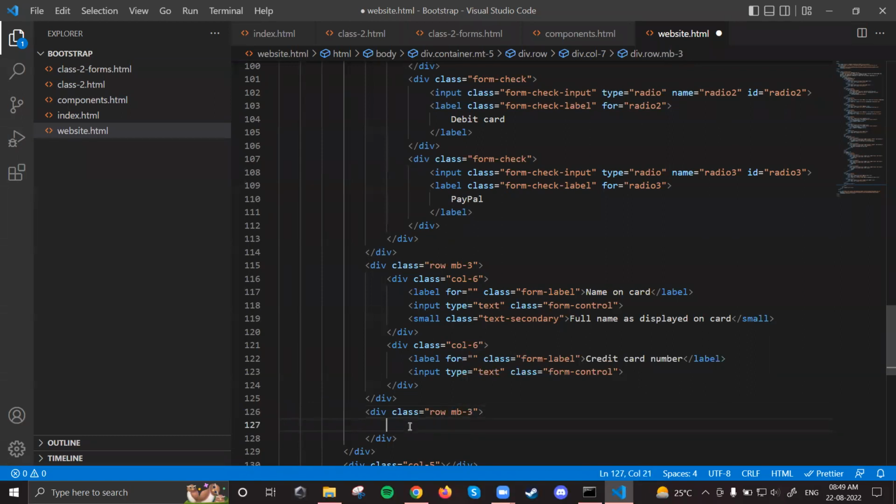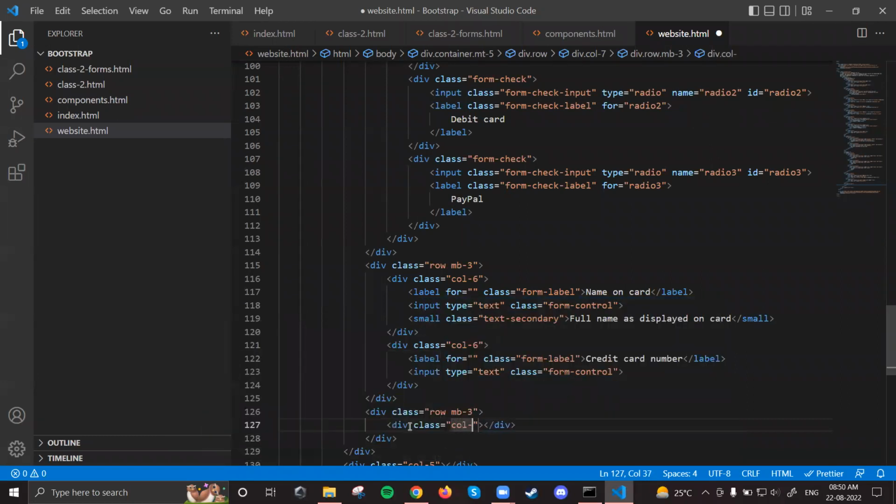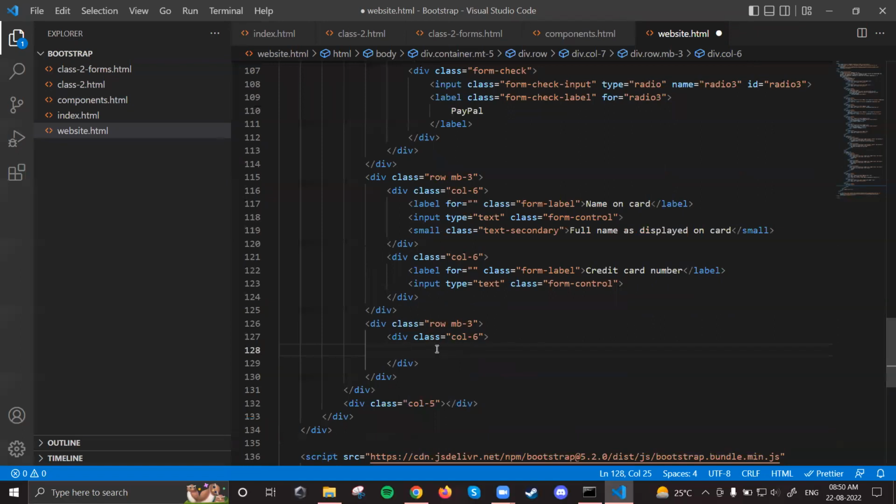So inside this row I'll have only one column which is having col-6. That's it. Okay, inside col-6 I'll again have another row. This is a nested row. Okay, so again a div